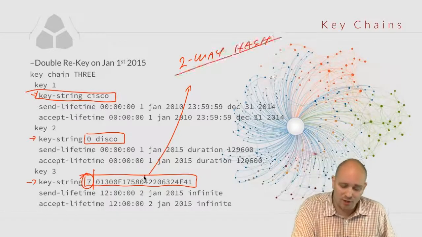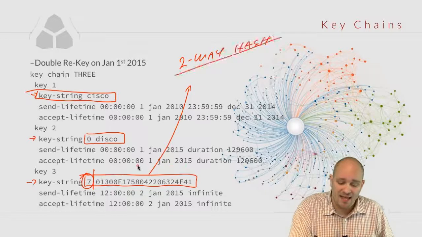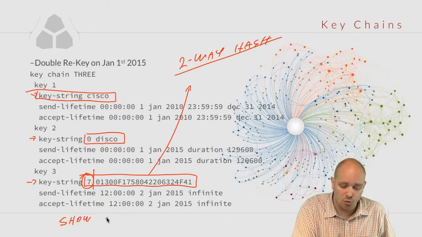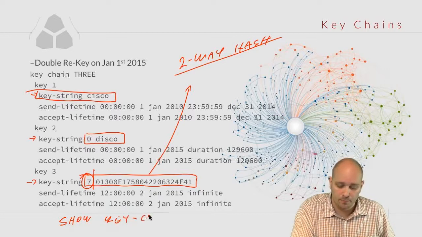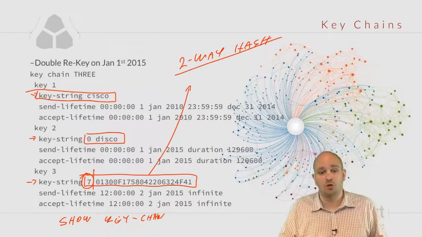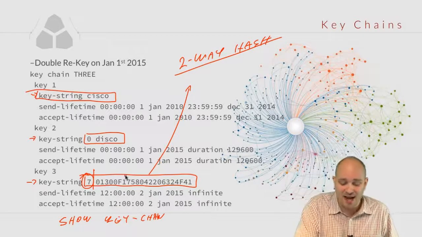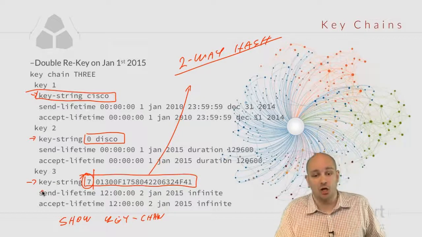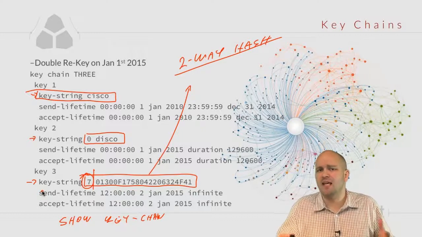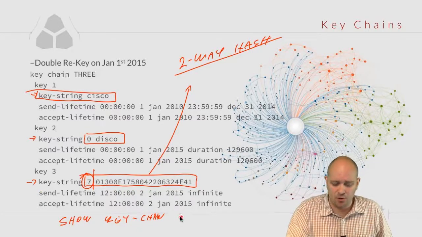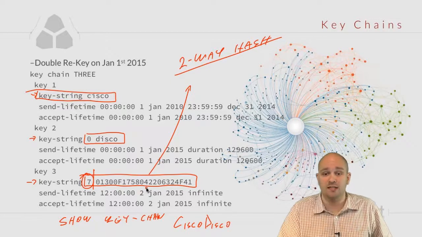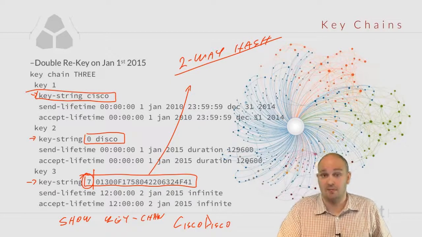All you have to do to actually see what this password is to run a simple command. You can do command show keychain. And with show keychain, you are going to see the unencrypted password here. So this is just minor encryption to prevent prying eyes from seeing that the password used here was actually Cisco Disco. And you can decode this number here and you are going to see that the password is actually Cisco